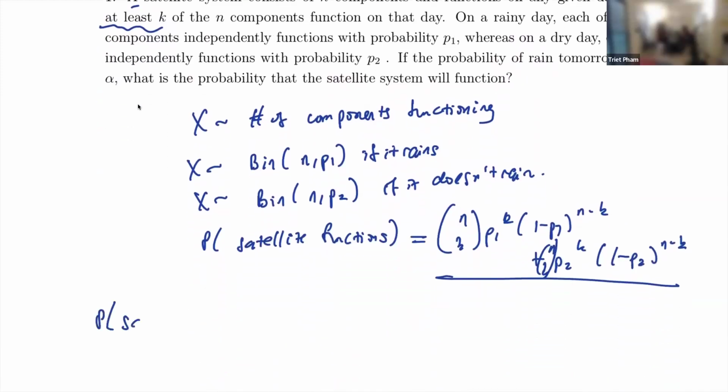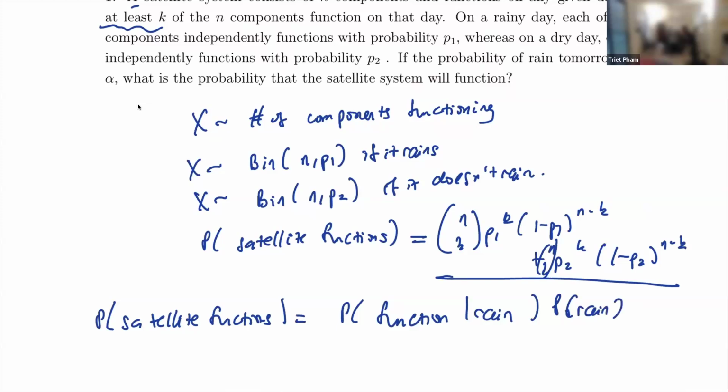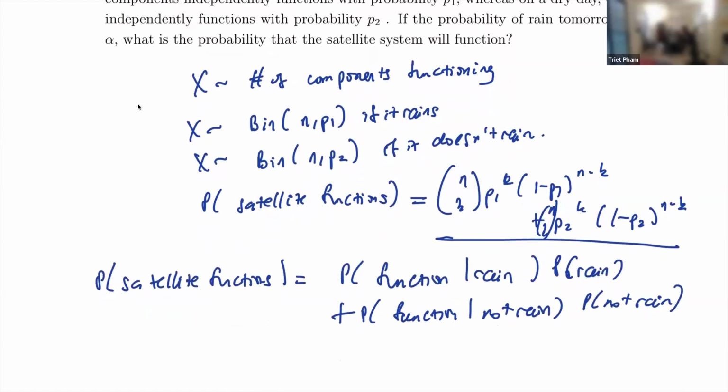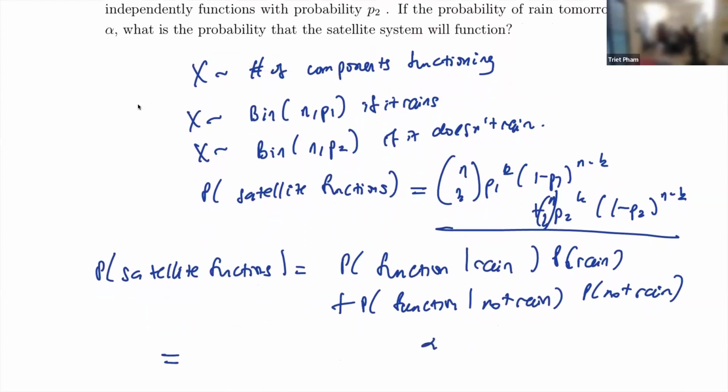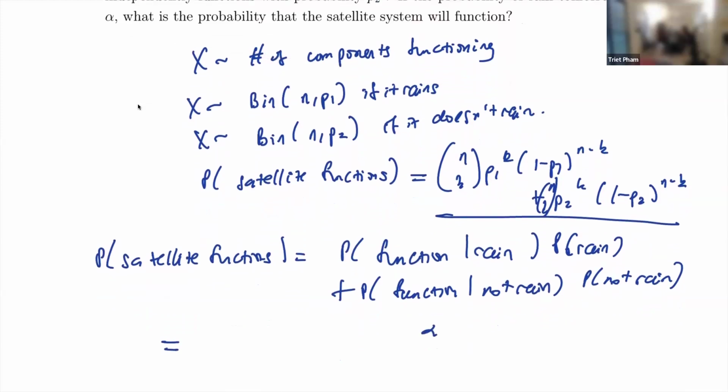So we need to split this into cases: P of function given rain times P of rain, plus P of function given not rain times P of not rain. And so rain is alpha, right? What about function? Function here,